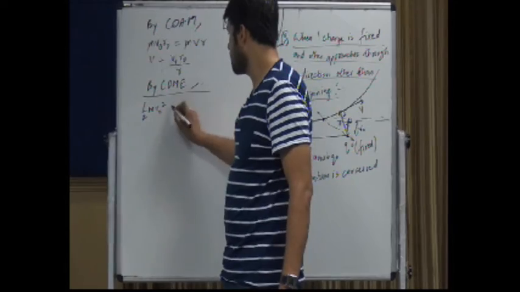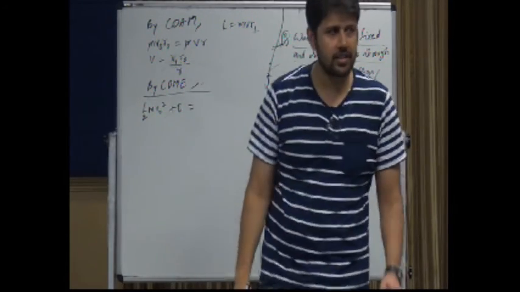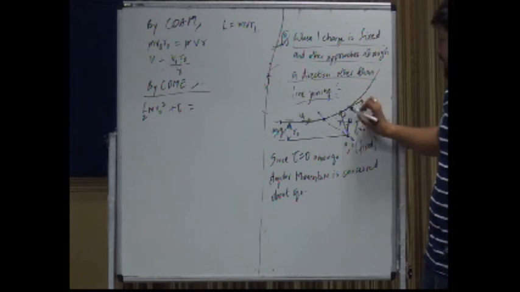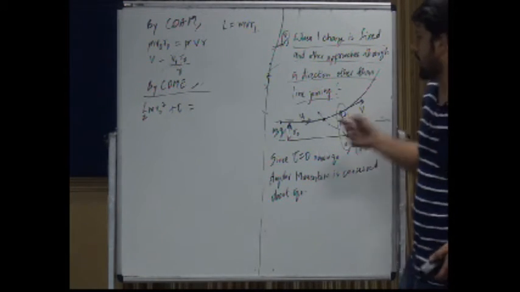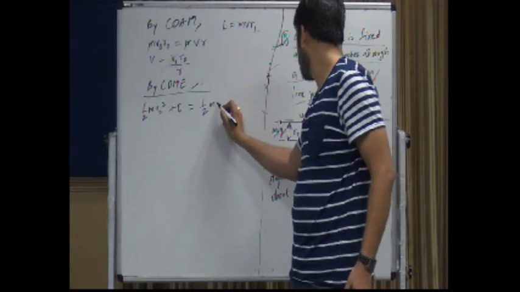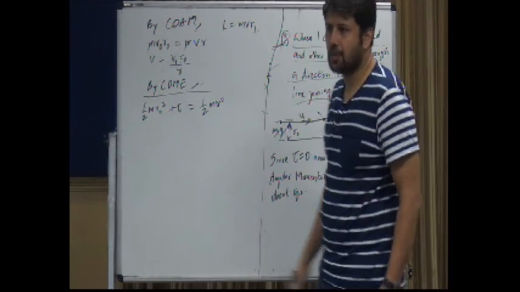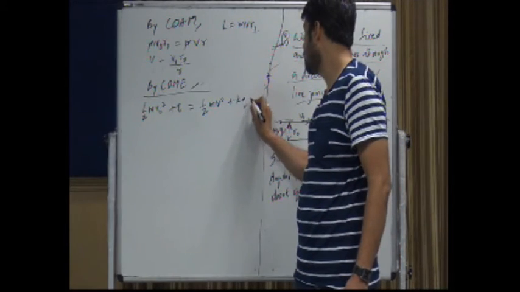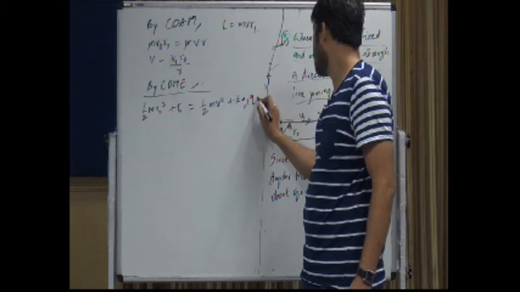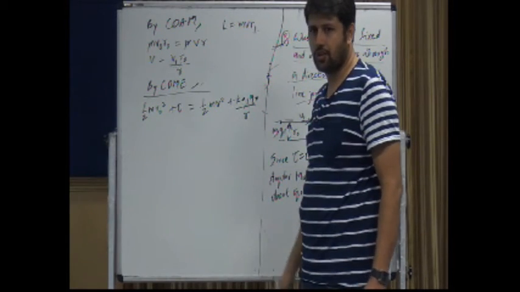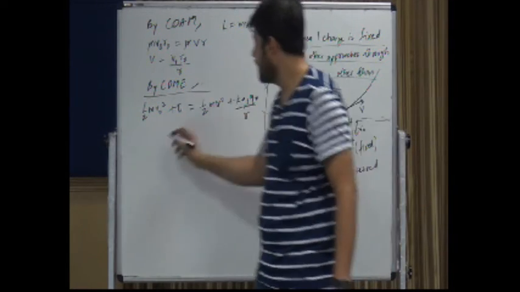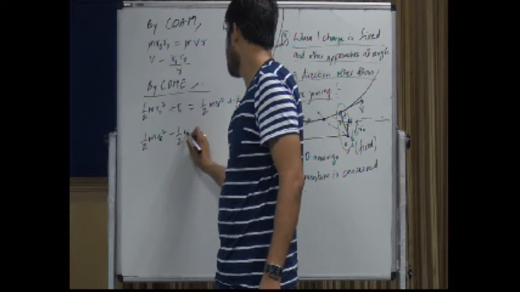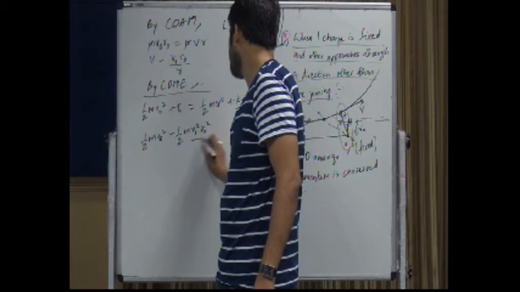Potential energy was 0. The kinetic energy at this point of time, when the separation is R, is half m V square, and the potential energy is how much? Because of the R distance, it is K Q1 Q naught by R. Is it okay? Replace V here. What we get? Half m V naught square minus half m V naught square R naught square upon R square